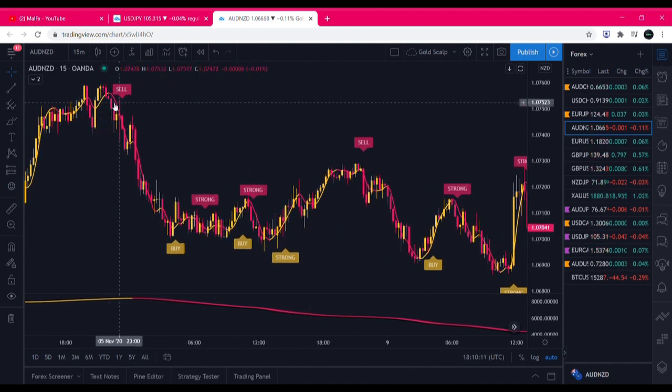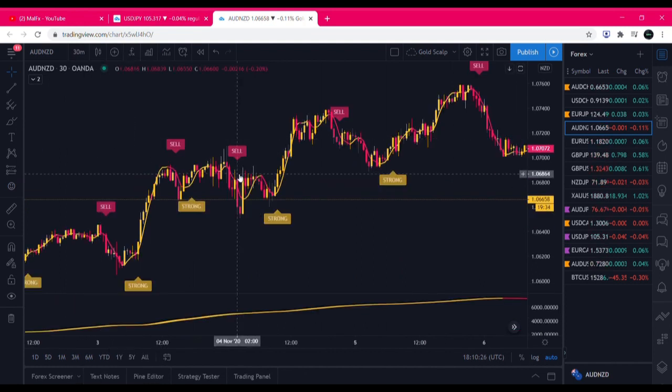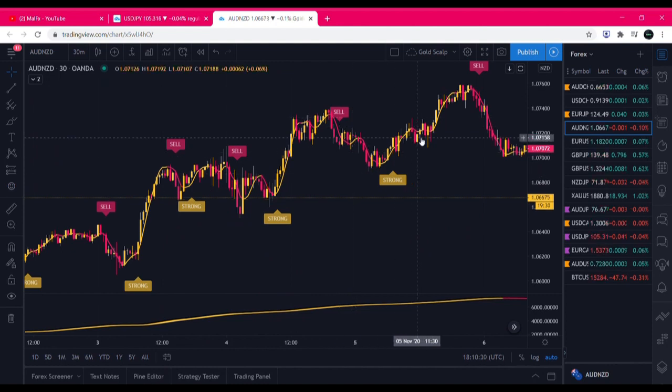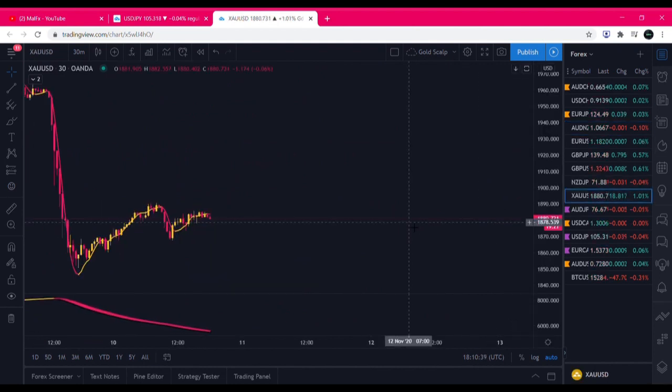I don't really like scalping just because it's a lot of noise. And this trade right here, you could have just easily taken in a 30-minute chart and you would have been done. It just looks a whole lot better, it's a whole lot smoother. So I do scalp, and I'll explain how I scalp on the 30-minute chart because most people don't do it. They do it on lower time frames. But basically,